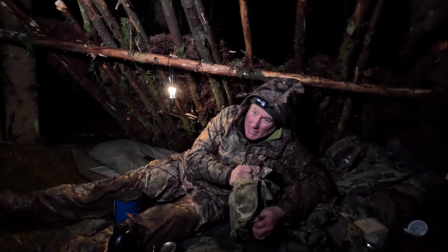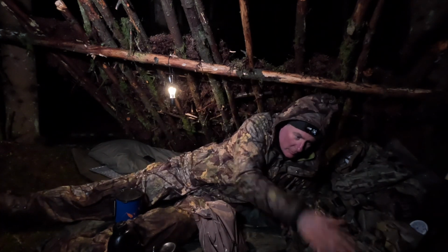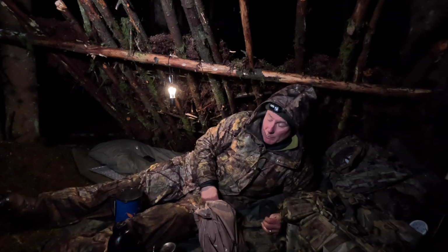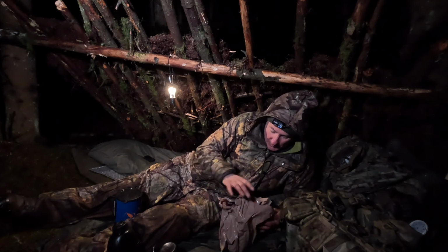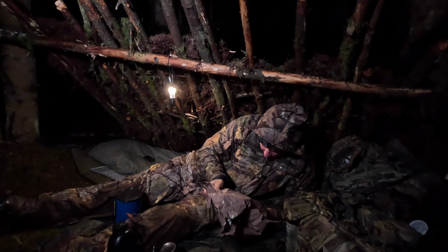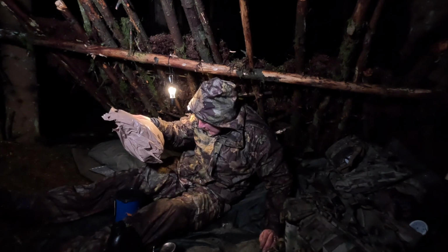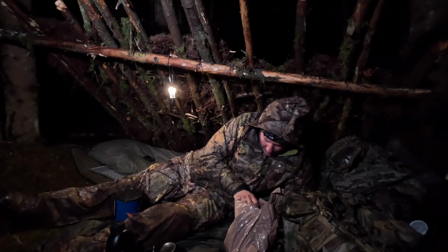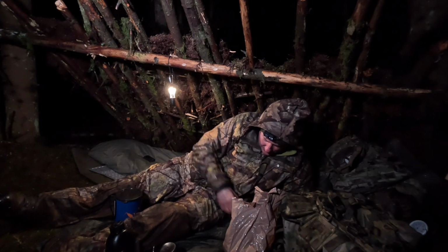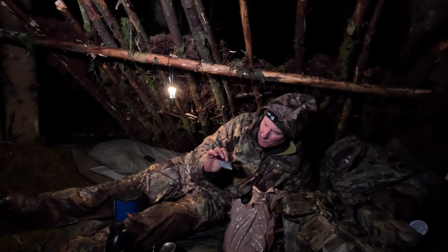Now I had to take it out of the bag to pack it into the webbing itself. I love this webbing from JJ's. It's the commander's webbing. It's brilliant. But anyway, this here is a British Army 24-hour ration pack, and it states on the back there that it is a 24-hour halal ration pack. In here you have all sorts of stuff. You got some nuts, biscuits, different drinks, some peanut butter,